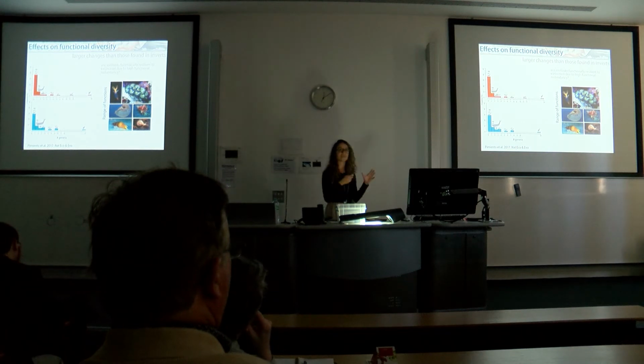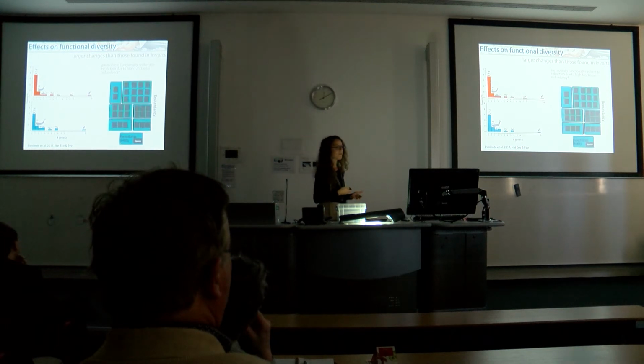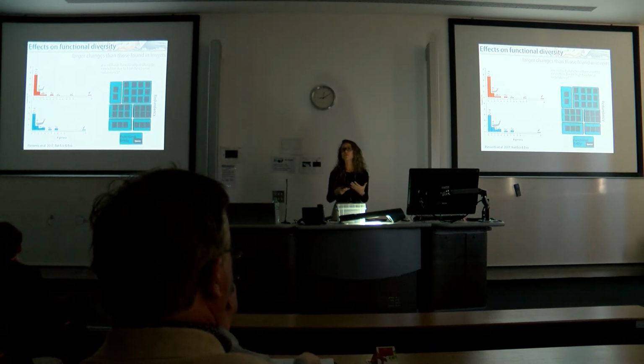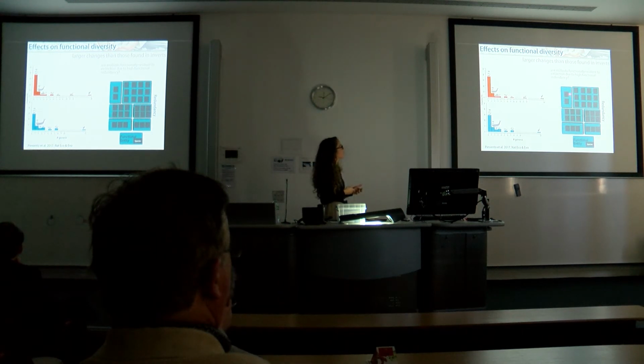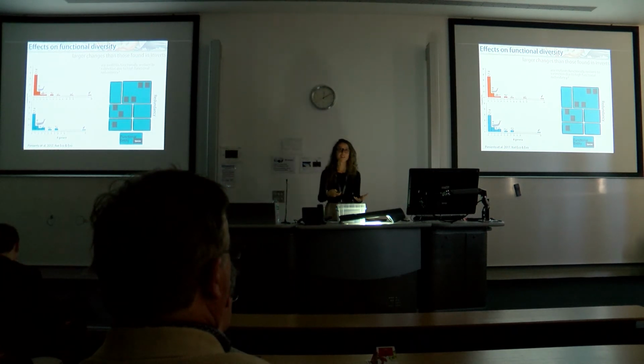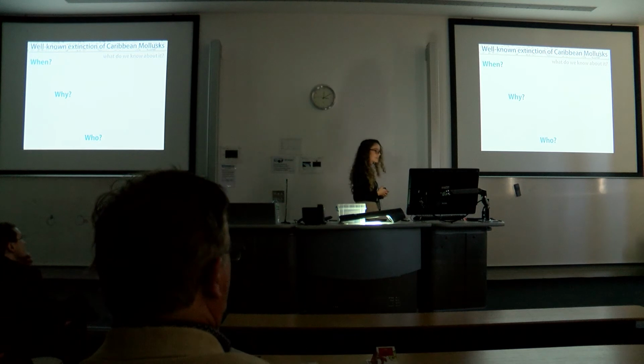So in the case of mollusks, this is the theory we're working on. You have a range of functions just as with marine megafauna, but because they're smaller, they tend to be more redundant. So for example, if we take these boxes here as functional entities, for mollusks we hypothesize that we have a lot of species in each of these boxes. When you remove some species, you don't lose these functions because there's still at least 1 species or genus playing that function. But if you remove another 10 species in this community, then you do lose some functional entities. So we wanted to know if this was the case or if this difference was evident in another extinction event.